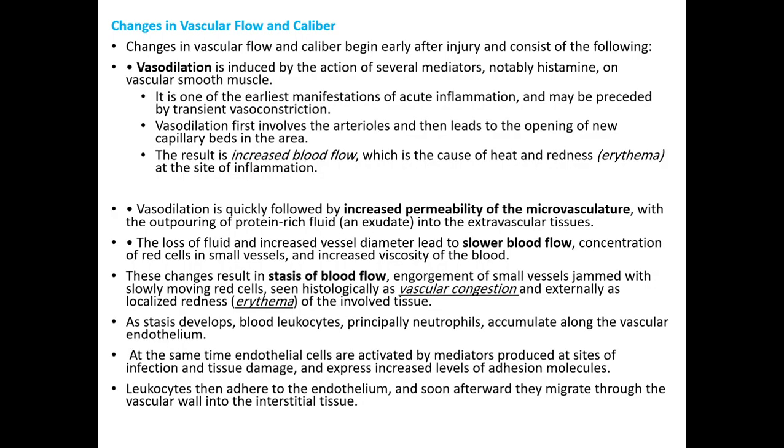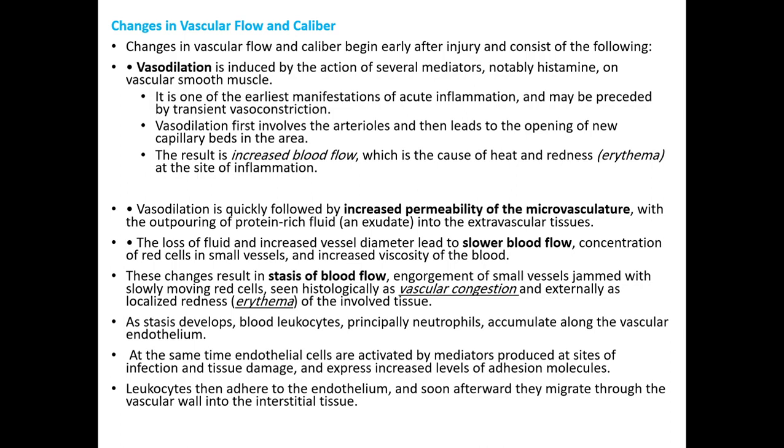Changes in the vascular flow and caliber. Changes in the vascular flow and caliber begin early after injury and consist of the following. First of all, we have vasodilation. This is induced by the action of several mediators, mainly histamine, on the vascular smooth muscle. It is important: one of the earliest manifestations of acute inflammation is vasodilation, and it may be preceded by a transient vasoconstriction. Usually it involves the arterioles and then leads to the opening of a new capillary bed in the area. The result is increased blood flow, which is the cause of heat and redness, erythema, at the site of